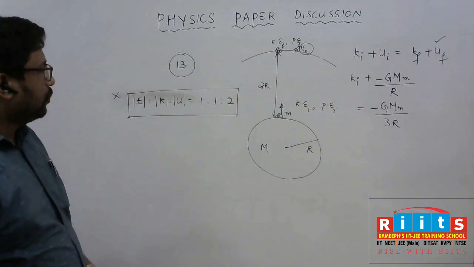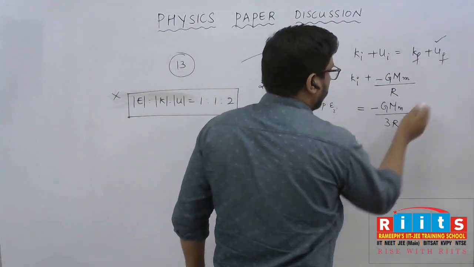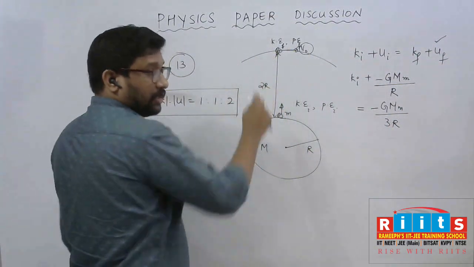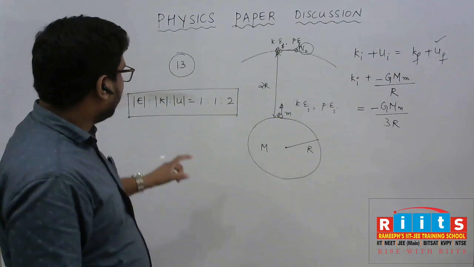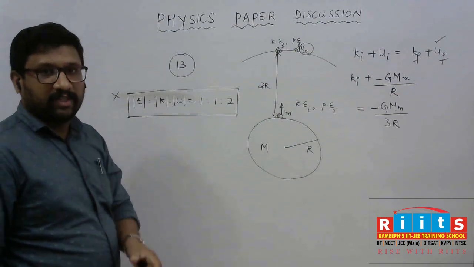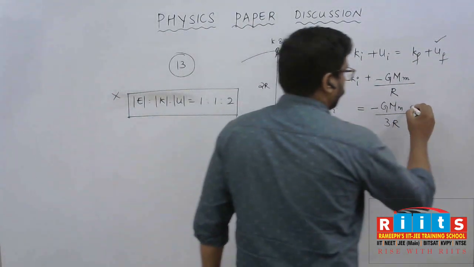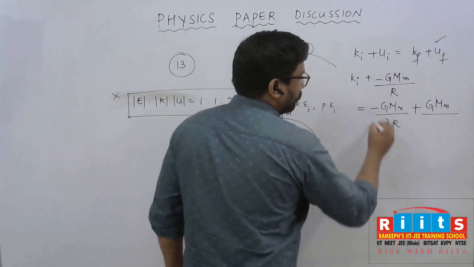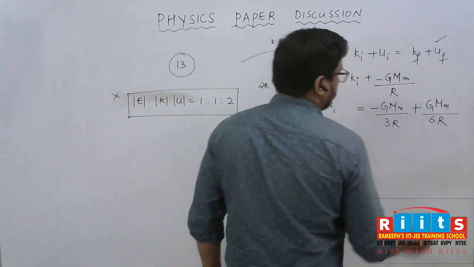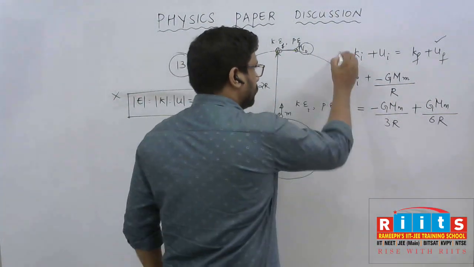Is it okay? So you can use this idea here. If you know the potential energy at this location, you can easily say that at this particular orbit, the kinetic energy will be half of this potential energy and it is positive. Do remember it is positive. So GMm divided by half of this magnitude is 6R. And after solving this equation, you will get the initial kinetic energy value.